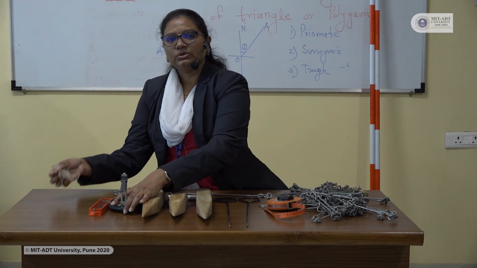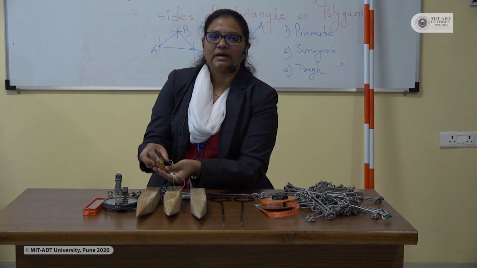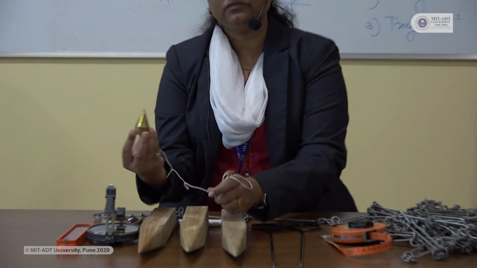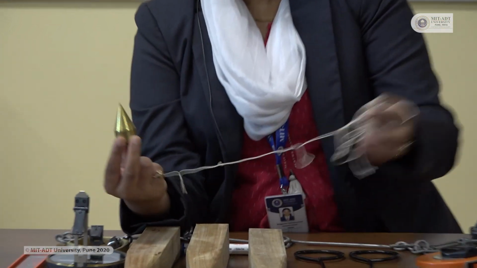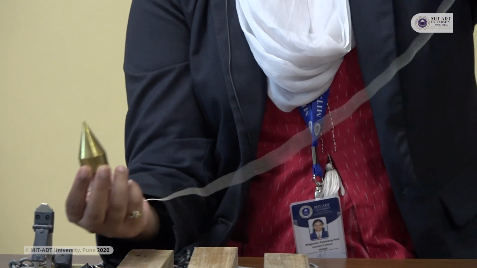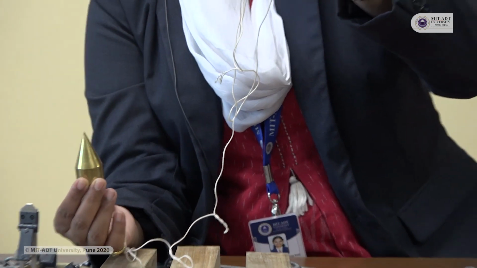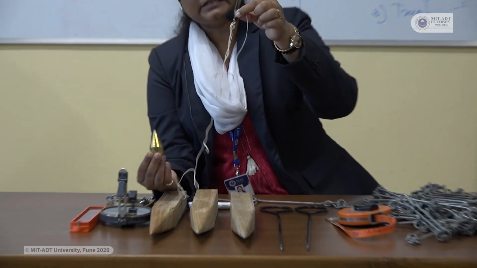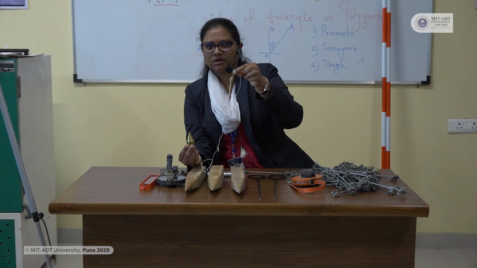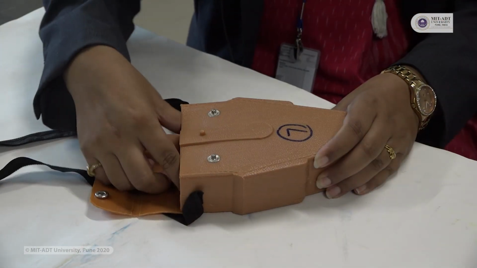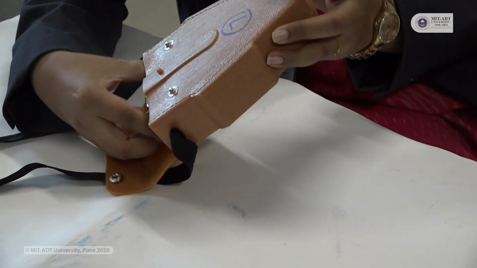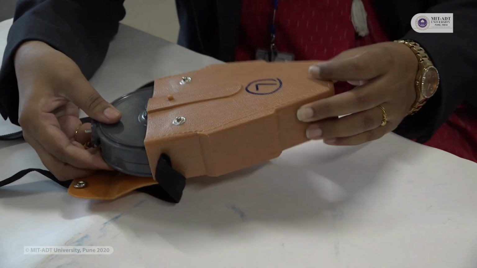Now whenever we have to deal with the centering or marking of any station, then we have to use this plumb bob. This plumb bob is provided with a line and dory. It is used for marking the center onto the ground. So students, after learning the basic instruments which are used in surveying, now we will learn in detail about the